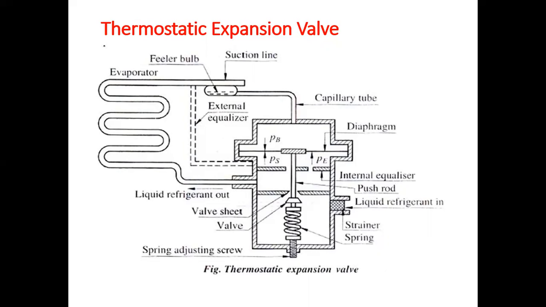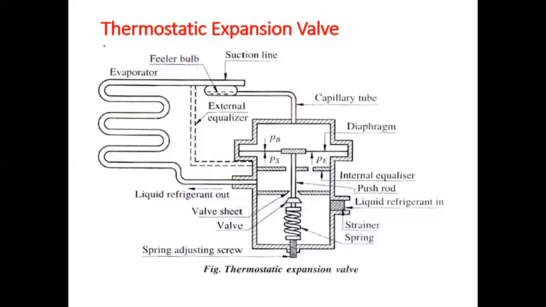When the valve is set for a certain superheat, it maintains that setting under all load conditions on the evaporator. If the load on the evaporator increases, it causes the liquid refrigerant to boil faster in the evaporator coil. The temperature of the filler bulb increases due to early vaporization of liquid refrigerant. Thus, the filler bulb pressure increases and this pressure is transmitted through the capillary tube to the diaphragm. The diaphragm moves downwards and opens the valve to admit more liquid refrigerant to the evaporator. This continues till the pressure equilibrium on the diaphragm is reached.